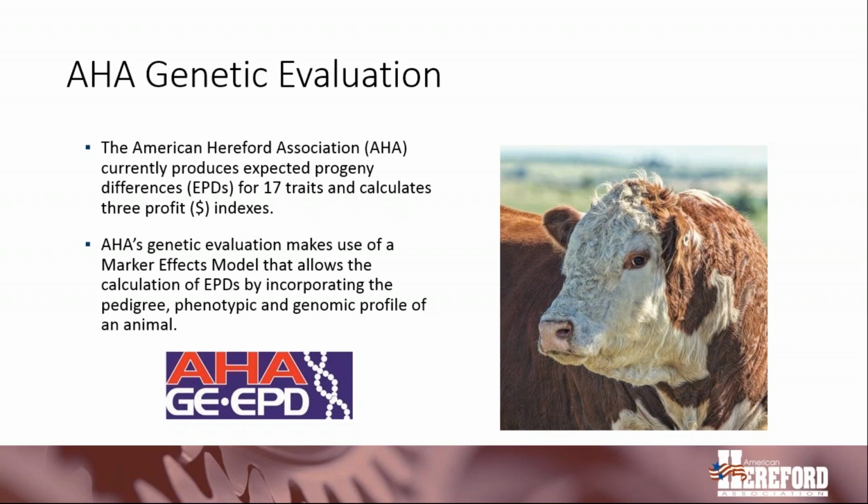And so we're basically incorporating that genomic component of those animals that are genotyped and using that subset of markers from the 50,000 that come on the marker set directly into the genetic evaluation, and they are weighted based off of their influence for the respective traits. And so it's all fitting and blending very nicely with the pedigree and individual phenotypic information that comes into the